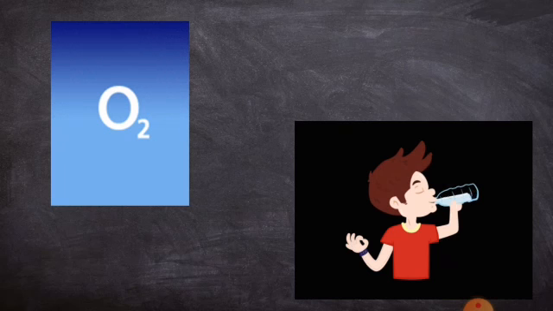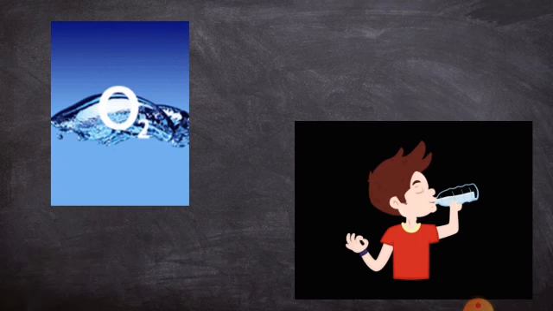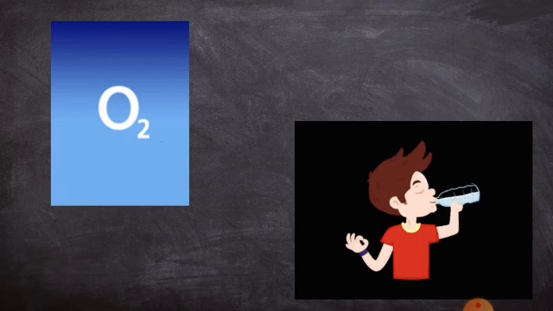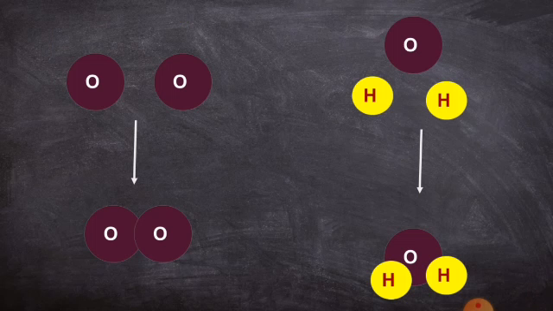So here they have given oxygen and water. So how will oxygen and water be formed? As you all know, oxygen and water are very essential for our human life. Let's see how oxygen and water will be formed. When two atoms of oxygen combine together by a chemical bond, it leads to the formation of an oxygen molecule. Like that, when two hydrogen atoms combine with oxygen, held together by chemical bonds, it leads to the formation of H2O. Here we have O2 and H2O.